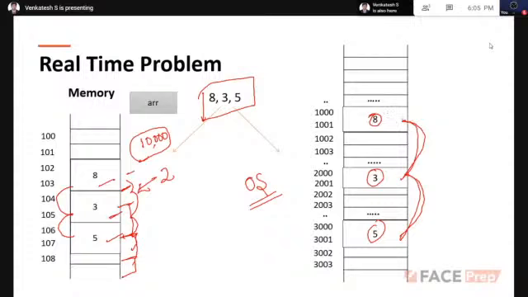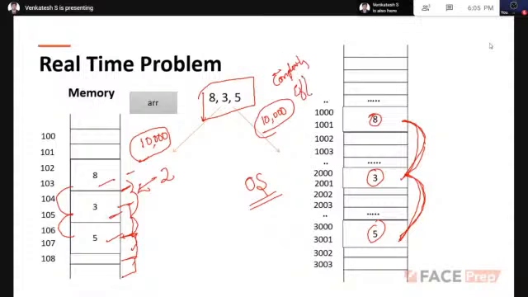From 8 you will have a link pointing to the next memory location. Again, from 3 you will have a link pointing to the next memory location. So even if we take 10,000 elements, it is not going to be contiguous memory. It would be scattered memory. Wherever memory is available, it would be utilized so that it will not add any burden to the OS. So this is the place where you have to think about the complexity